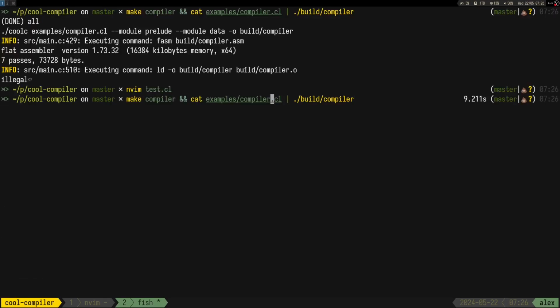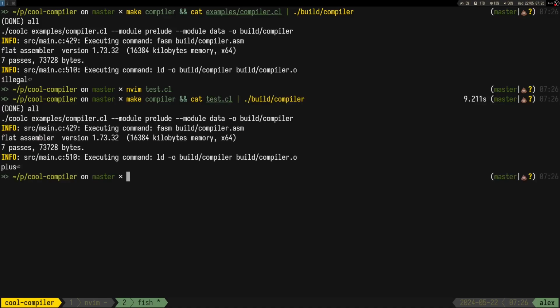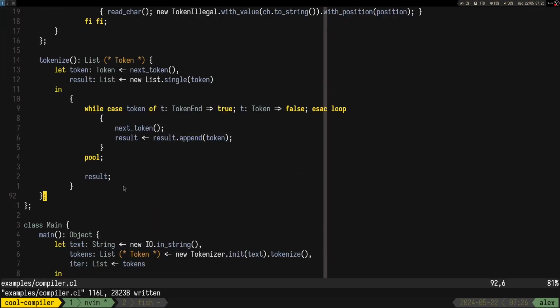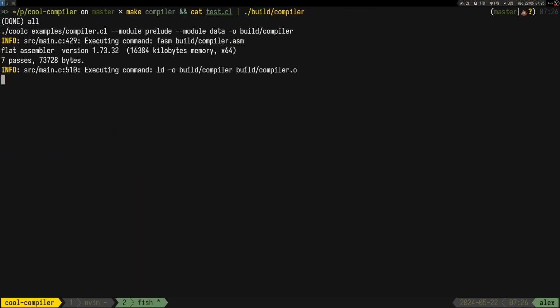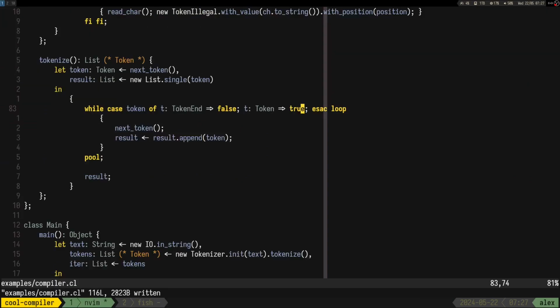So we get at least one, but I wonder why it stops. Oh, while this should be false, this should be true, I think. Okay, and it actually stopped working for some reason.